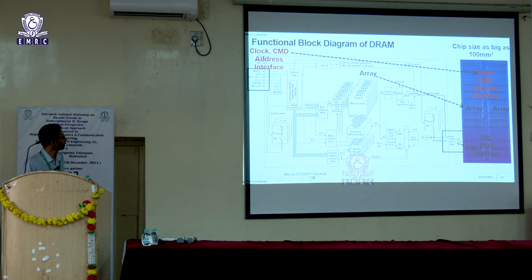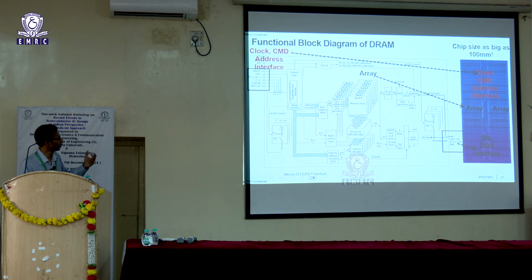So this is the typical block diagram of a memory. DRAM memory, by the way. It's organized as multiple banks, and each bank houses multiple rows and columns of memory. Since we have multiple rows and multiple columns, you need to have a row address and a column address decoder. So you have a row decoder here and you have a column decoder here, and you fetch data, the data comes out, and that data comes through a sense amplifier and you get a rail to rail output, and then goes through control logic and comes out to your read path.